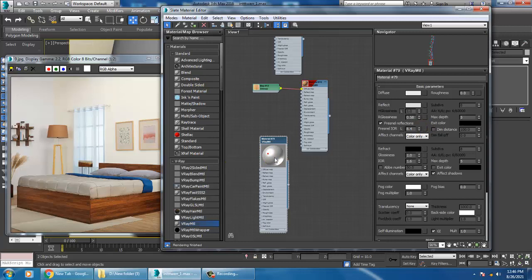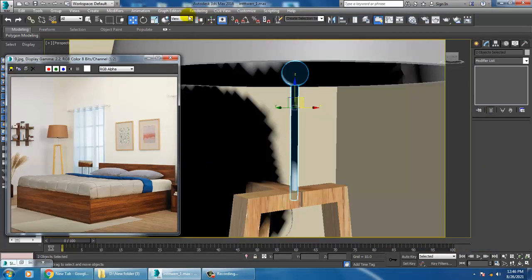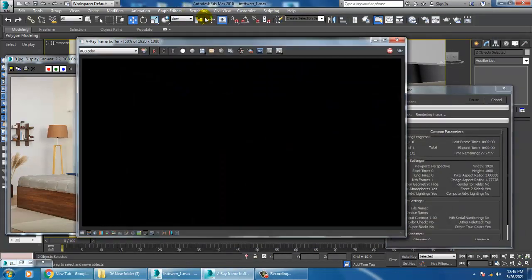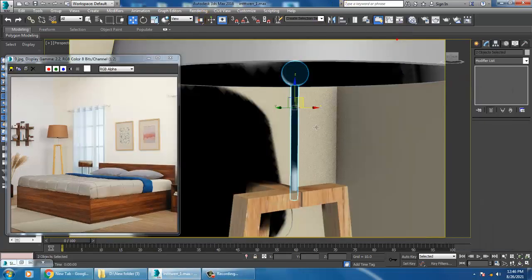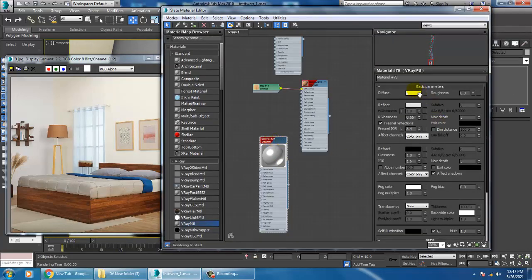You can see more specular. Assign that. You can just render and see how it looks. Okay, much better. So I can just rename this as metal over here.